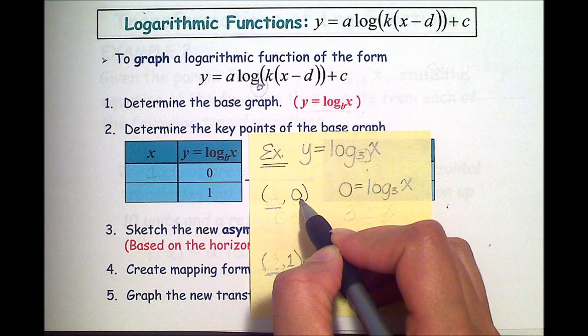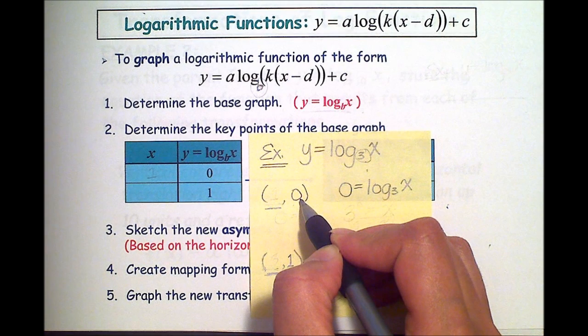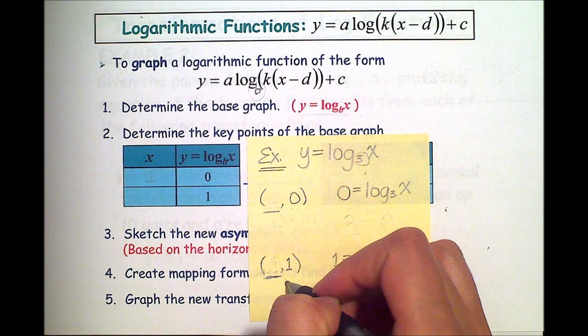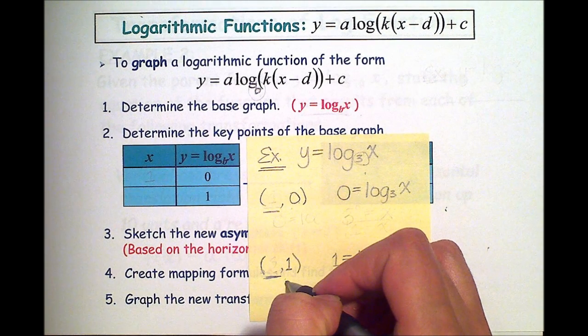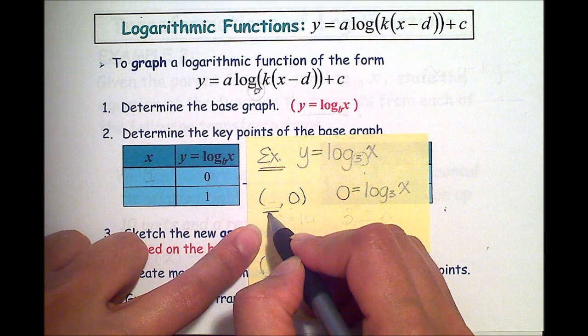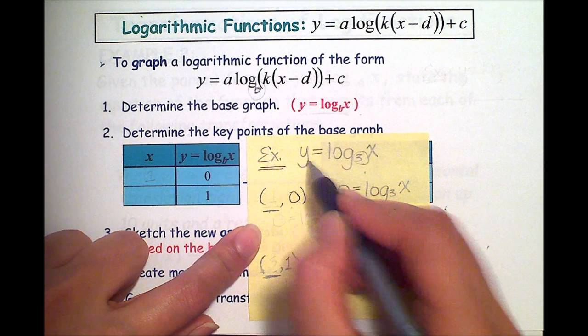What this point actually represents is where my x-intercept is going to be, and then the other one is just going to be another point on the graph. So you only really need 2 key points on the graph in order to sketch the logarithmic function. To identify what the corresponding x value would be, I'm going to replace y with 0, and so I